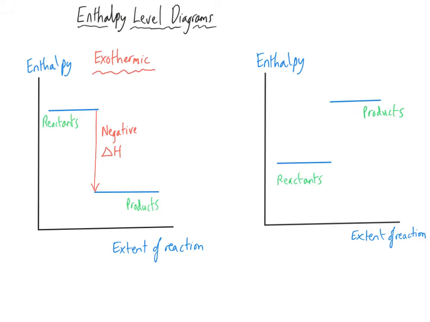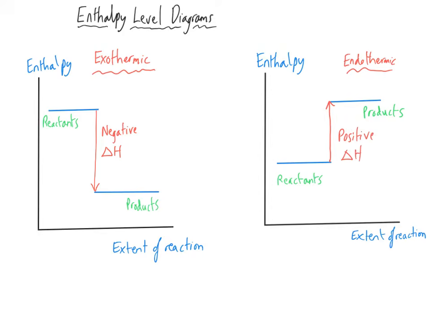This enthalpy level diagram is really similar for an endothermic reaction. We've got the reactants here and they gain energy and turn into products. And so we can see that the chemicals have gained energy. This is an endothermic reaction. The temperature will have dropped because the chemicals have taken energy from the surroundings, and this is a positive delta